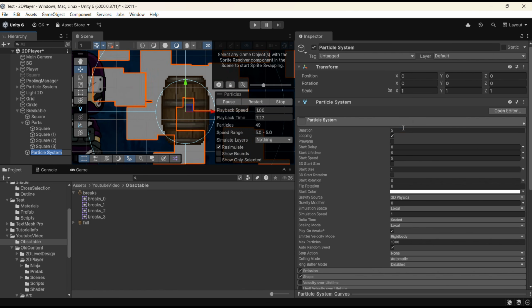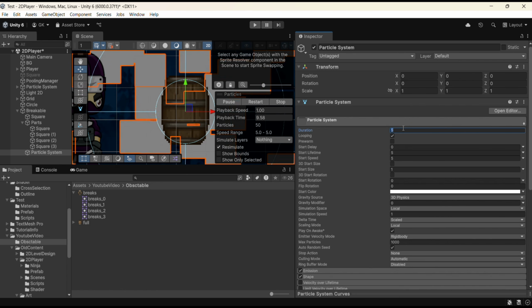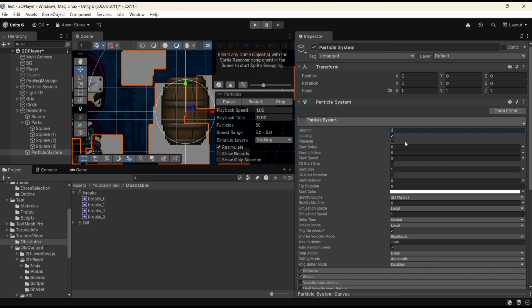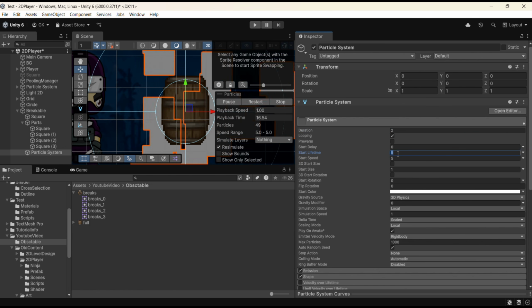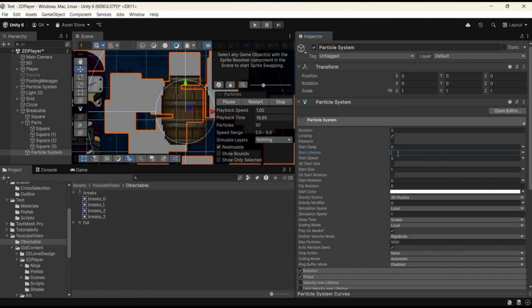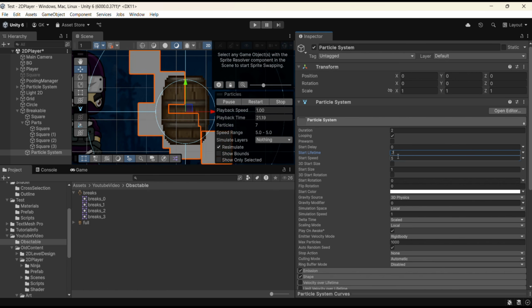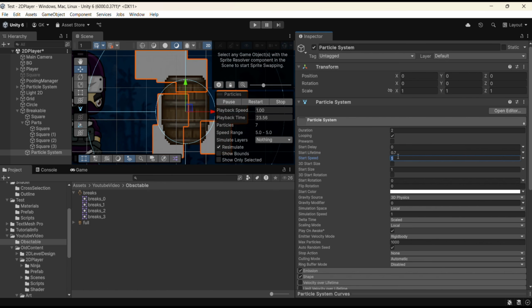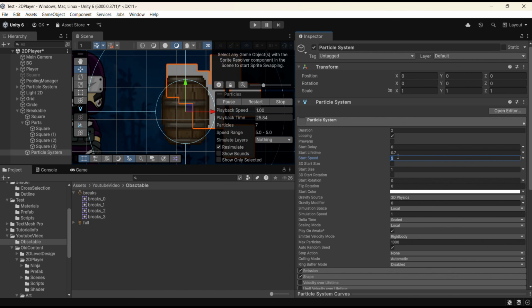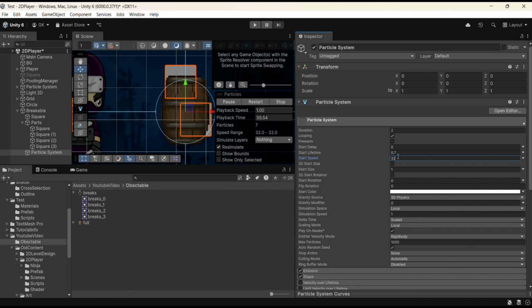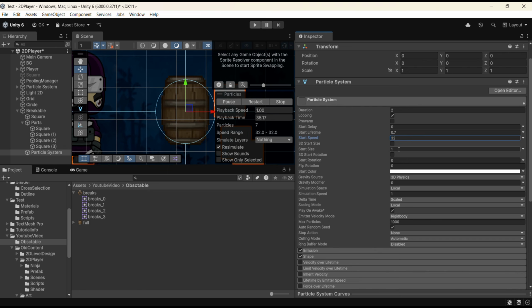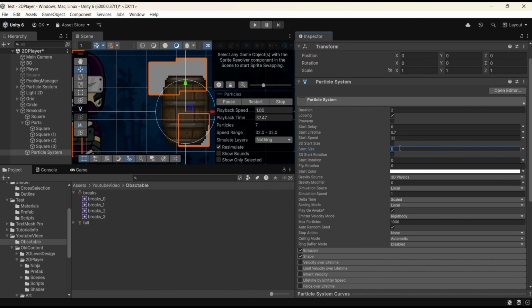We need to scale this down also, put the duration to 0, and the start lifetime to 0.7, and start speed 32, start size 0.25,